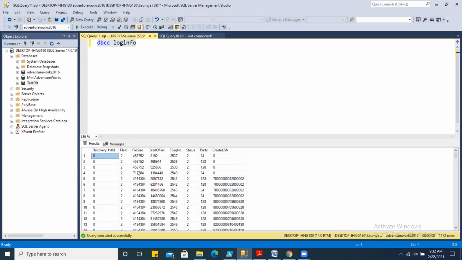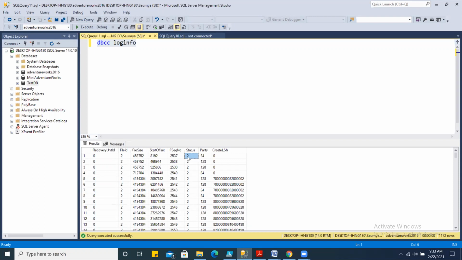So these are the many VLFs. 1,172 VLFs are there in this database, AdventureWorks 2016. Many of the VLF statuses here are status 2. What does it mean? If your status is 2, it means that they are either in active state or in recoverable state.